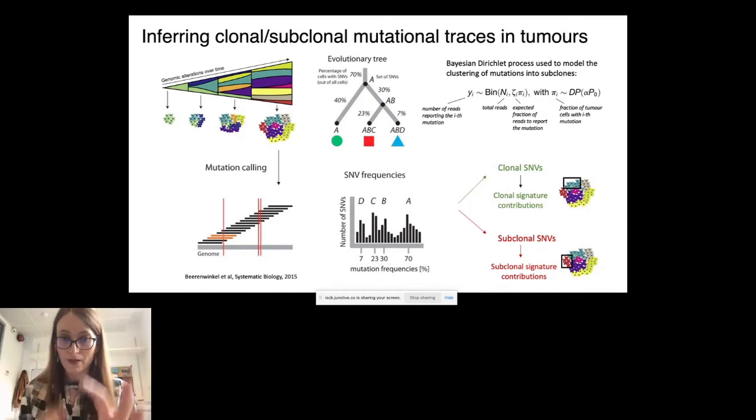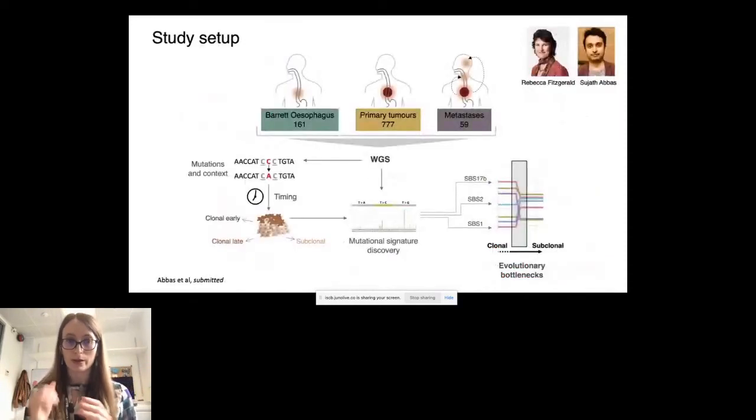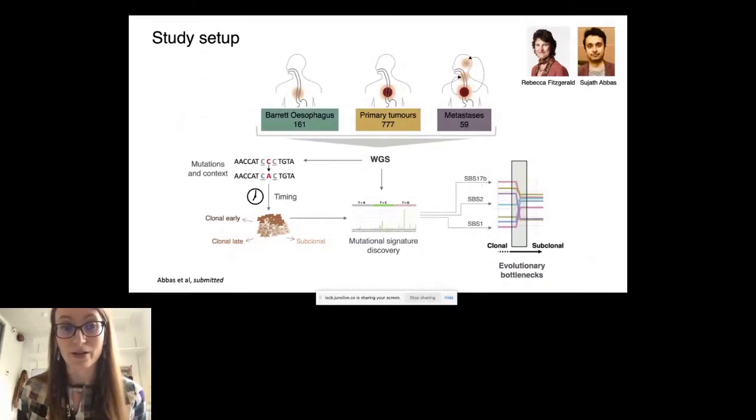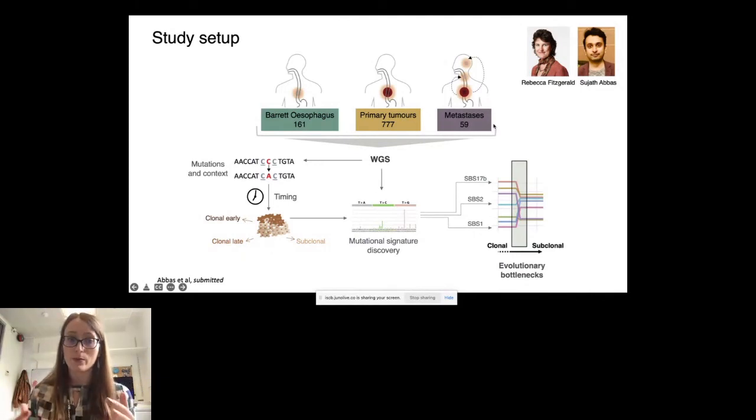So having established this framework, what did we then go and do? Well, we have a very nice study set up where we are able to sample from different stages during esophageal cancer evolution. So we have Barrett's esophagus samples, primary tumors and metastases, quite a few of them, and we've sequenced them. And then we identify mutations in all these different samples. We look at their clonality and timing. We reconstruct mutational signatures, and then we identify evolutionary bottlenecks where these signatures and these mutational processes are changing